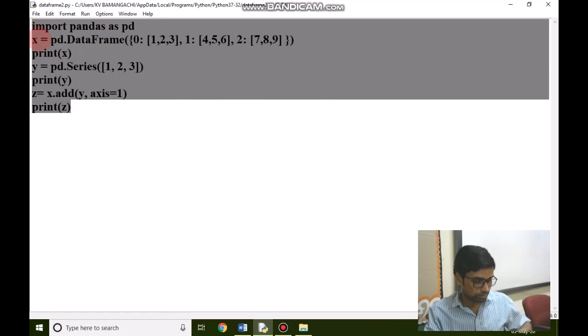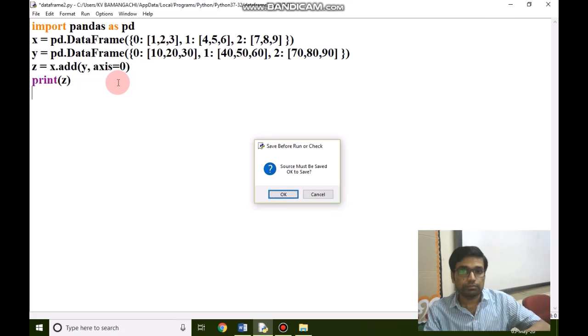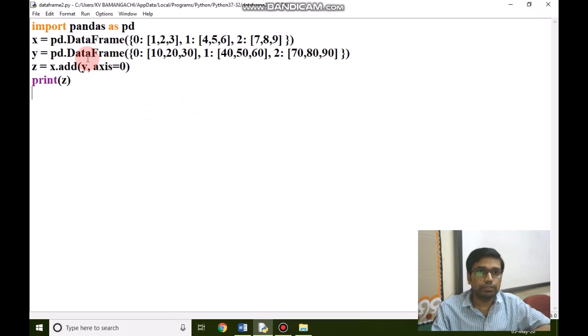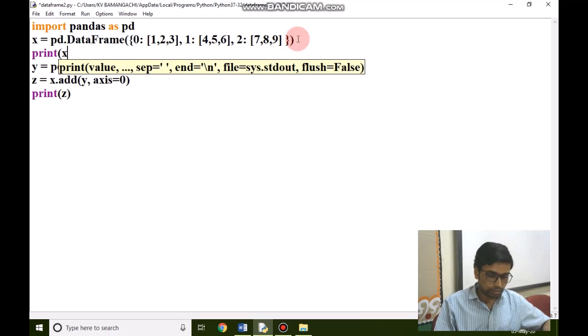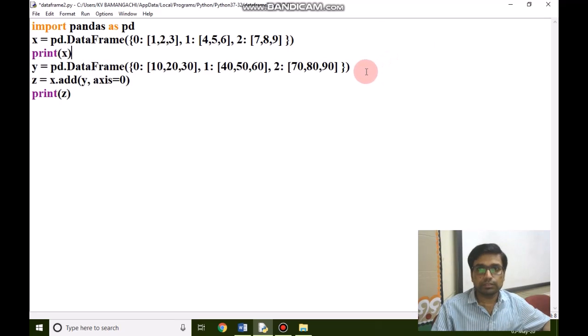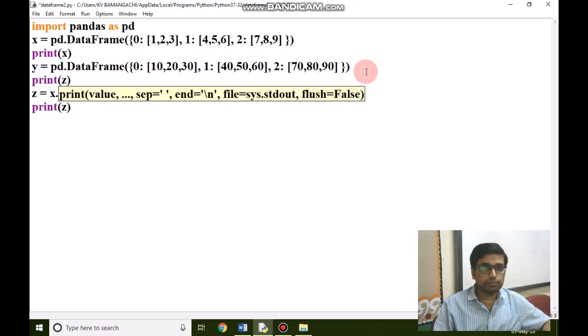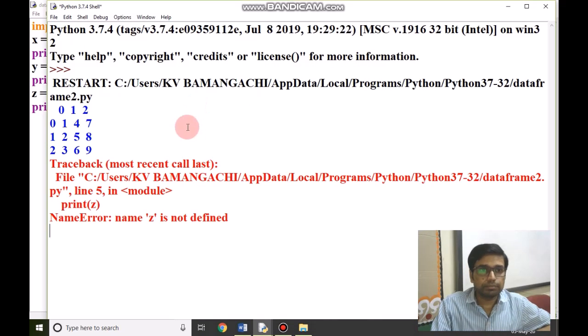We will run this program. What is going here? If we give print x, print z, we run this program, we will clearly understand it.